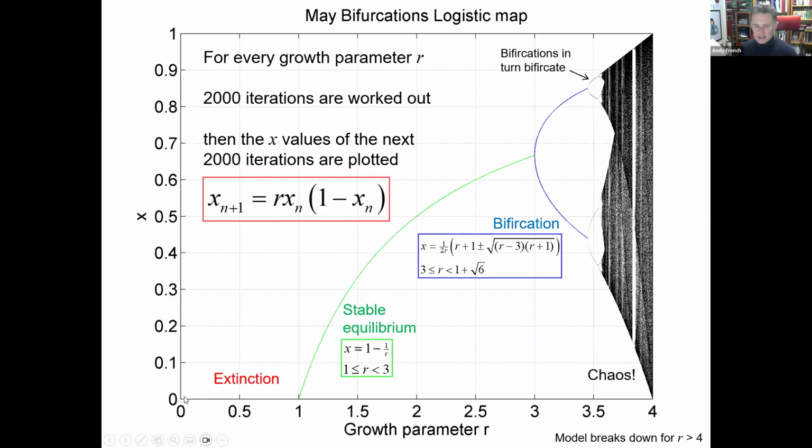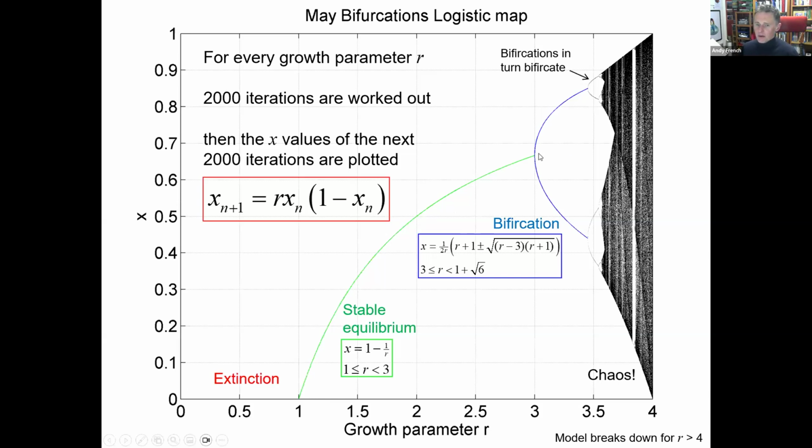So what you find is for the second 2,000 iterations, when r is between 0 and 1, it's all on there. It's extinction, the bunny apocalypse. If r is between 1 and 3, you end up on this green line. Wherever you are, all 2,000 points when r equals 2 will be right where my mouse pointer is. All 2,000 points when r equals 1.5 will be about there. Underneath this is a really dense splodge of eventual values because they all end up at the same place.